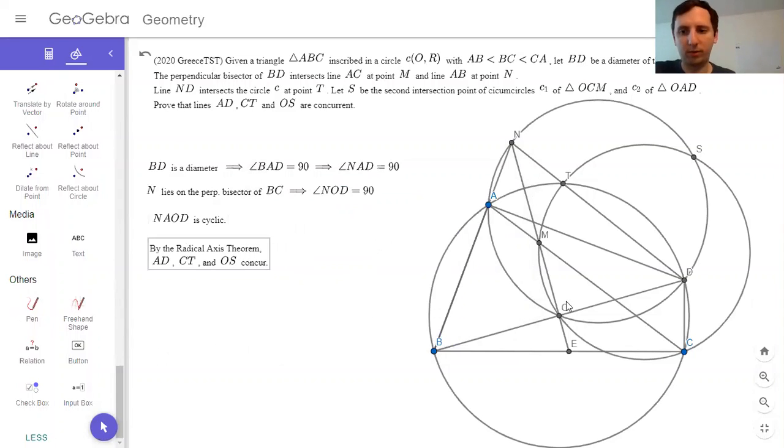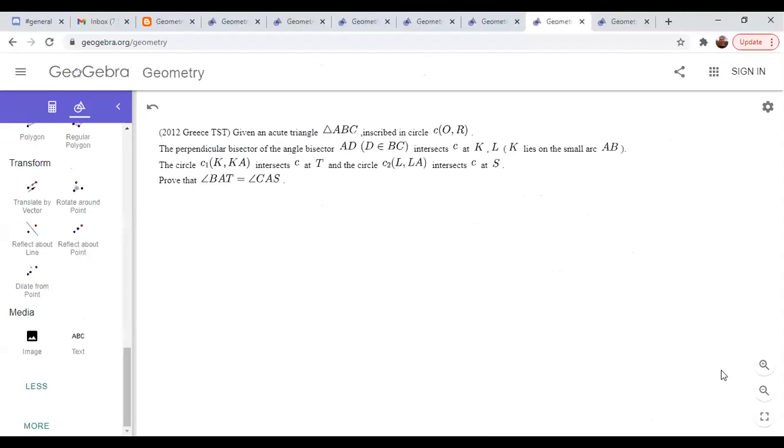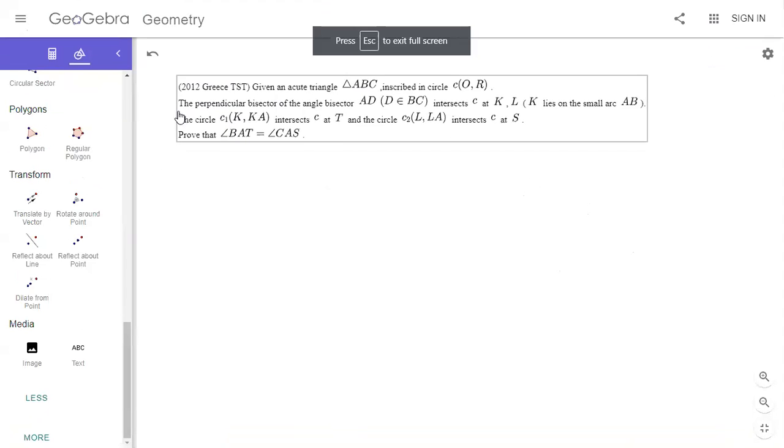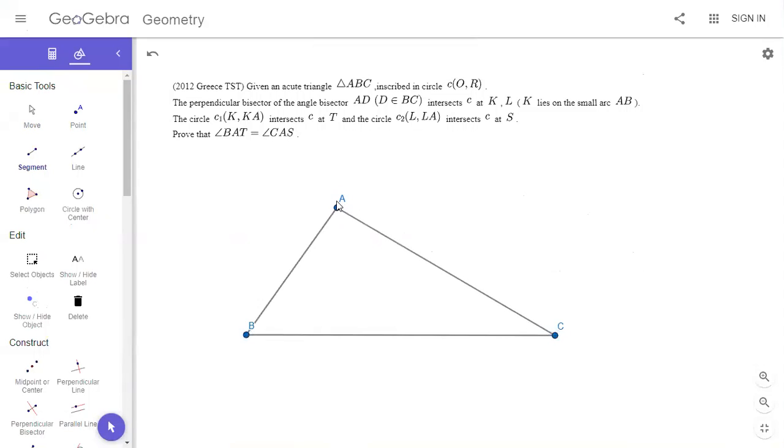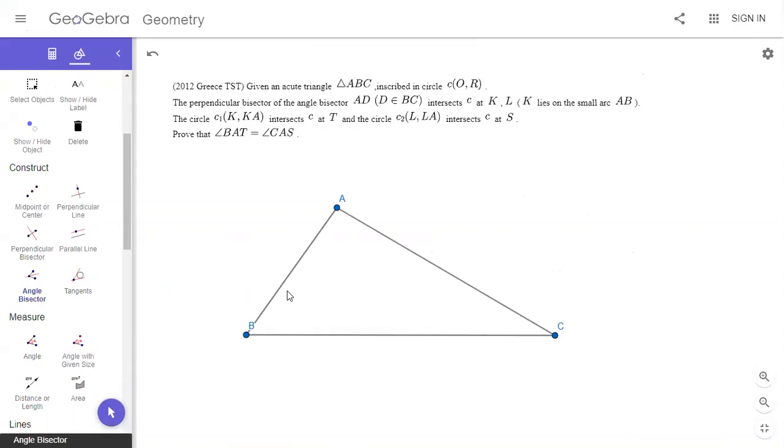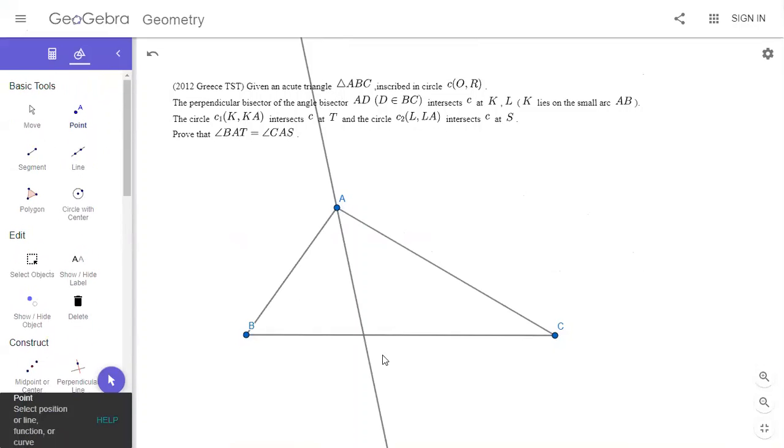All right, so I will now move on to the next one, which is also from Greece. Let's see, it might also be kind of easy. I can't guarantee that it isn't, but let's see. So we draw the angle bisector AD. And then the perpendicular bisector